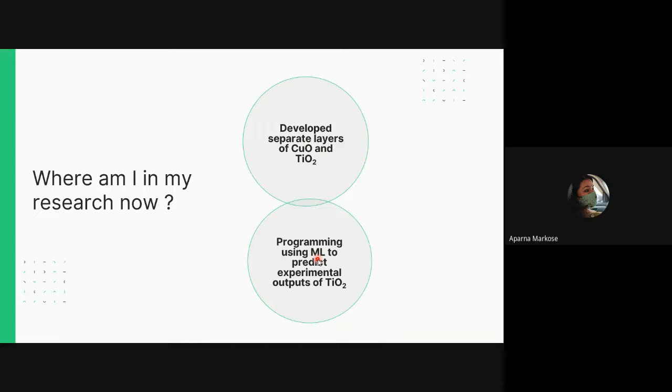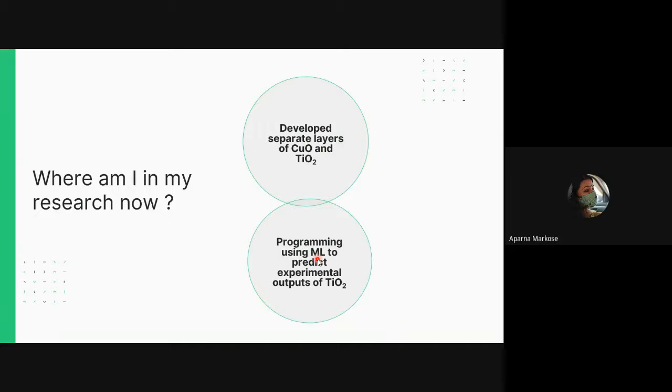We will feed the program with the data. If it is 2 volt, what will be the output? If it is 3 volt, what will be the output? If it is ammonium fluoride, what will be the output? Like that. And without doing thousands of experiments, you can choose 10 experiments, the 10 best possible outcomes, using prediction algorithms. So right now you are already aware of MATLAB and predictions. So it's affordable for us to do that. So right now I am doing the prediction.